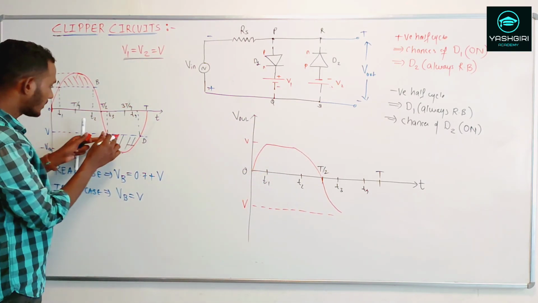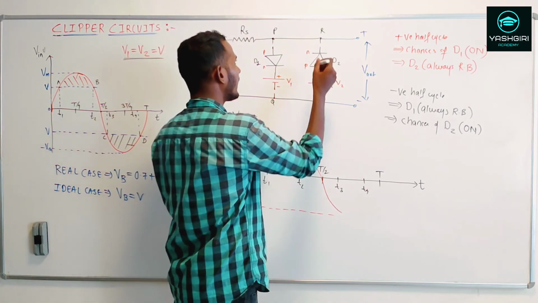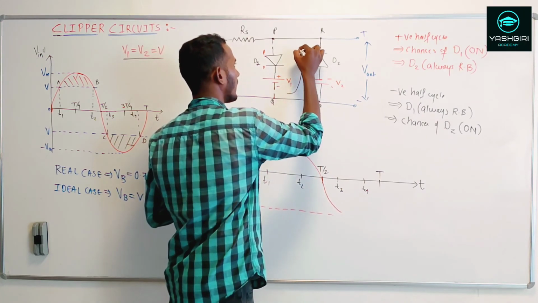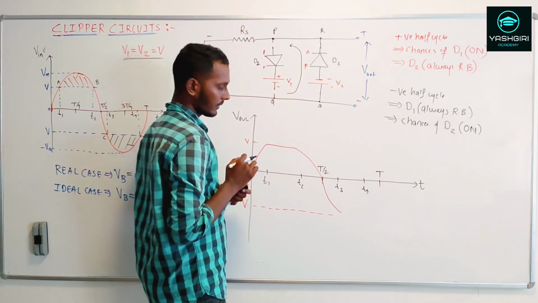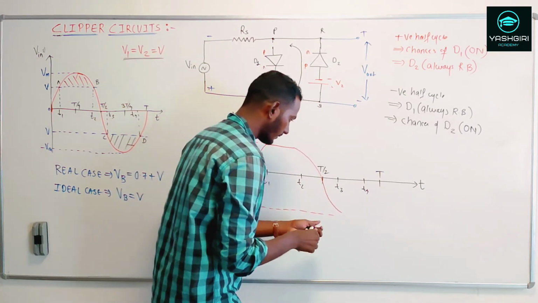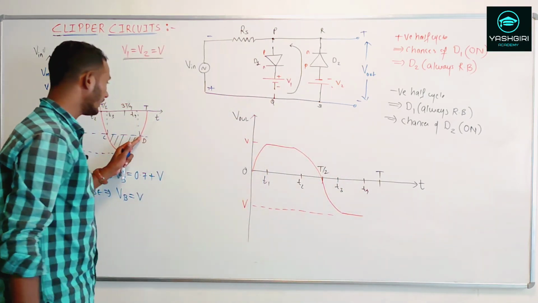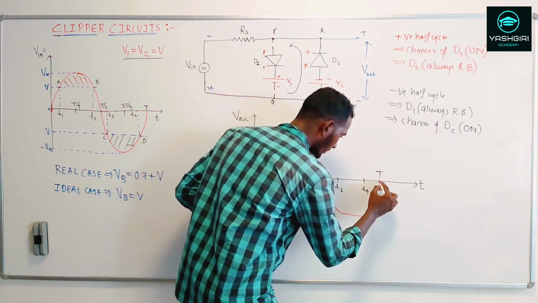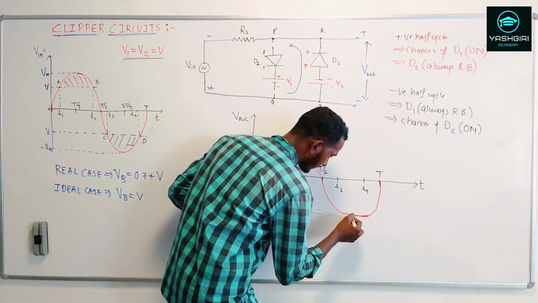And in this shaded region, the diode D2 will be conducting. It will conduct. So that's the current flowing in this, whereas this will always be in reverse bias mode. So you will get a flat line at the output, up till this point D. Now once again with the decrease in the V in, you will find the output follows the input and you will be getting a flat line like this.